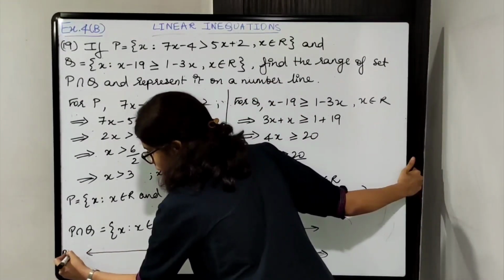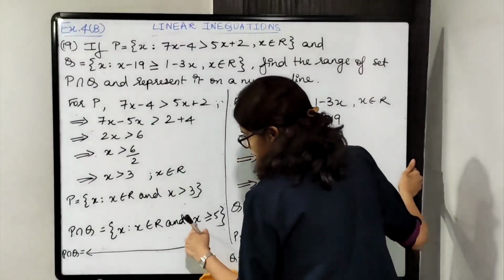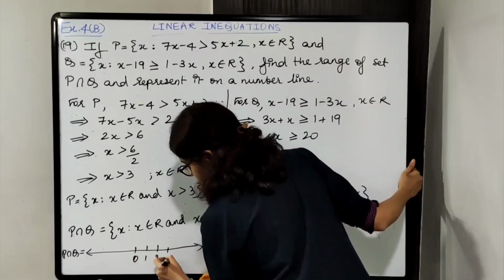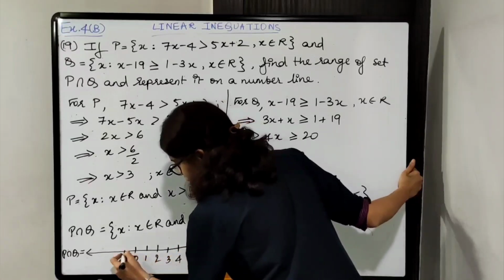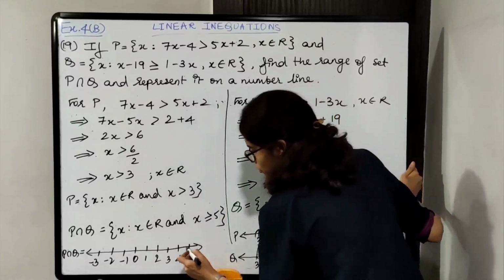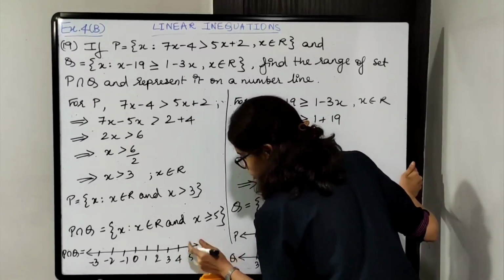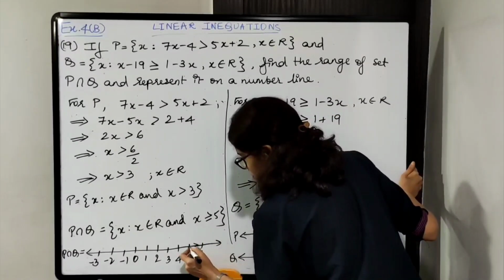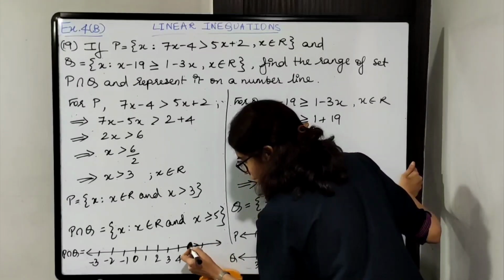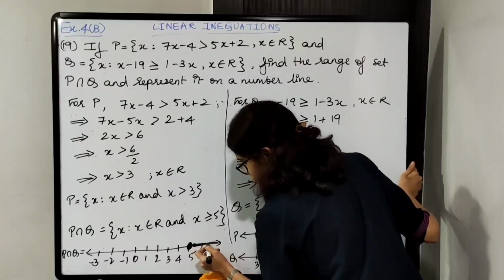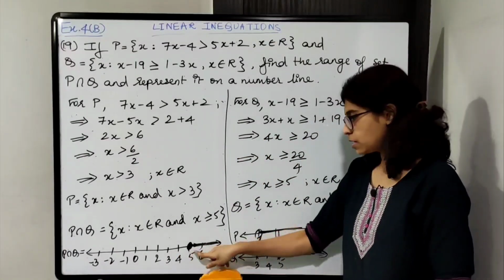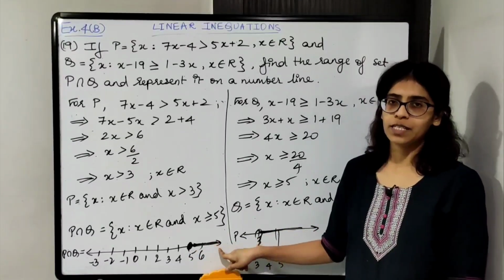So write down P intersection Q is equal to, starting from 5. So 0, 1, 2, 3, 4, 5, -1, -2, -3. Consider one more number. So 5 is included. It is equal to 5, so make a circle and fill the dot. Fill the whole circle. So greater than or equal to 5. This is the plotting on the number line for P intersection Q.